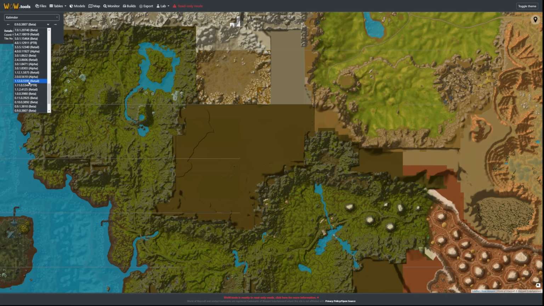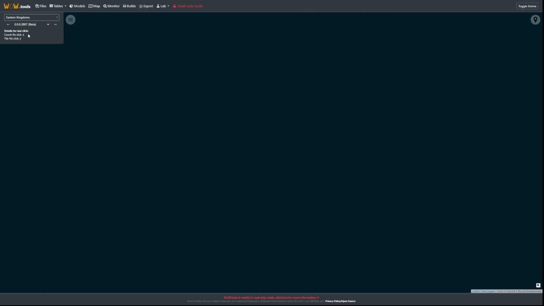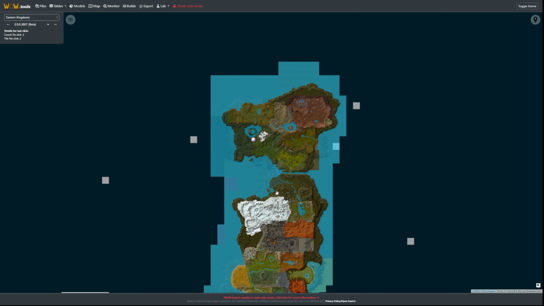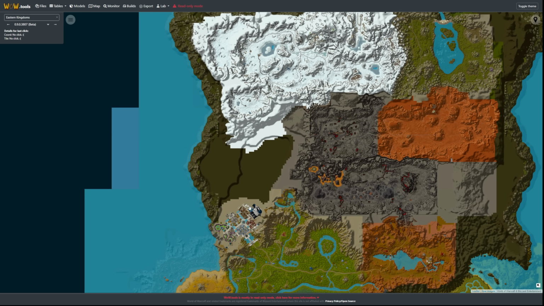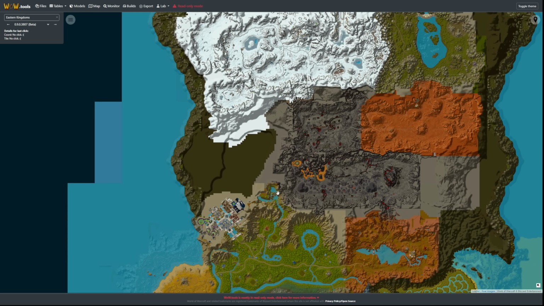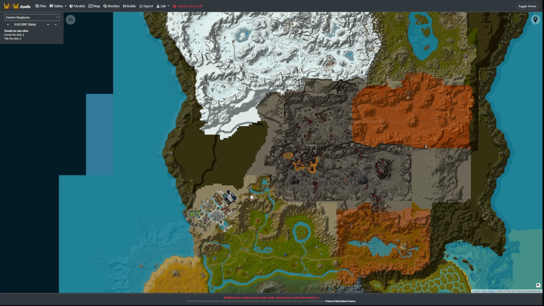And last thing, going back to Eastern Kingdoms, I started off looking at Stormwind, right? And specifically this area between Stormwind and to the north. And there's so many unfinished areas of the map just like that. And we have Cata Classic coming out very soon, and I'm not a real fan of Cata Classic. I think the game was super fun, but I just hated the fact that it erased the original game and the original map. I think Cata was probably the number one reason why we needed Classic in the first place. So Classic Cata doesn't make sense to me, but I do have to appreciate the fact that